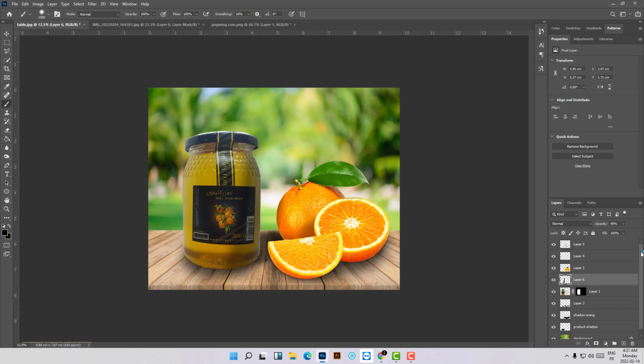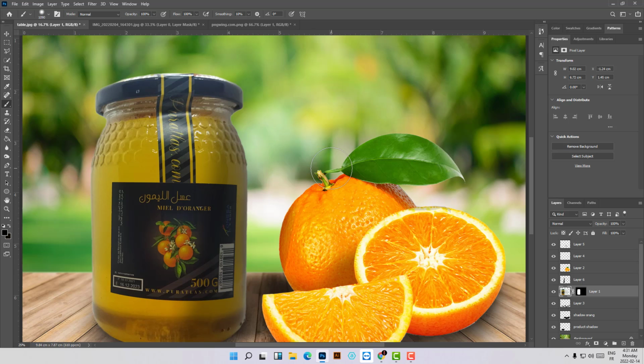Now what I need to do in this case is, as you can see, I have this bottle over here, and I have this green background over here, and basically I need to see some green on the honey, as you can see, and I don't see that, so it's an issue, and that makes the product not look real. So the solution here, we will make